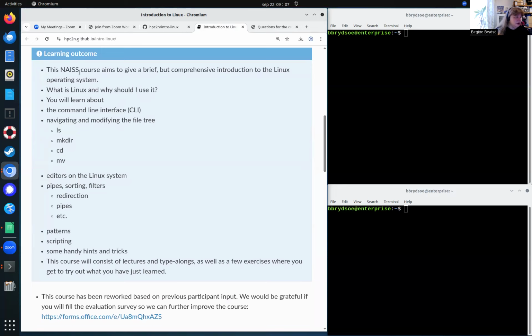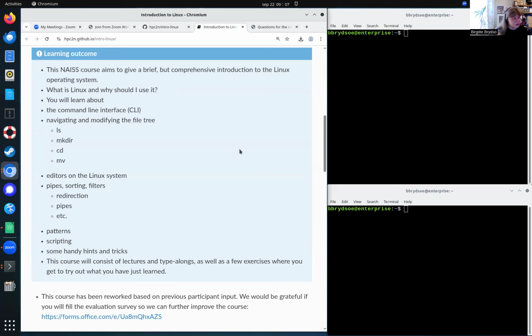So here, this is a short overview of what we hope that you will learn. It should give a short introduction to the Linux operating system. First, what is Linux? Some motivation to why you should use it. And you will also learn about the command line interface. That is what you see here beside with the terminal windows.